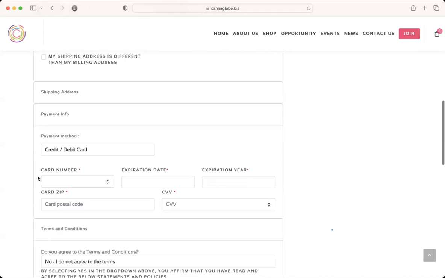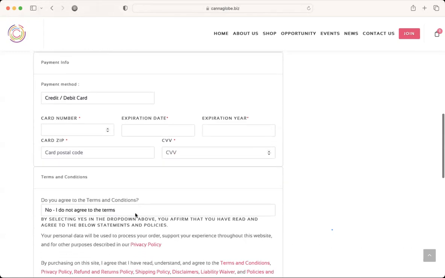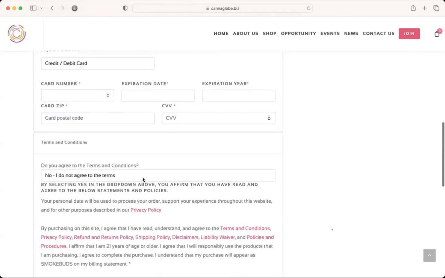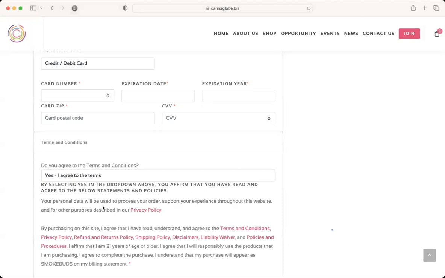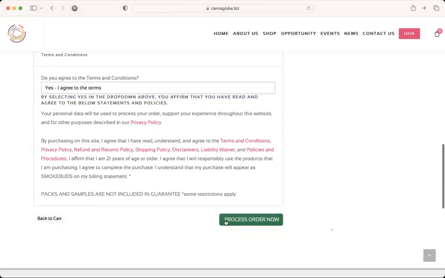Put your credit, debit card, card number, expiration, CVV, and very important, and it's something that sometimes people will overlook, is this little portion right here that says, do you agree to the terms and conditions? Okay. People sometimes don't see that there is a drop-down box and you have to select that to agree to the terms and conditions. And then you click process order and